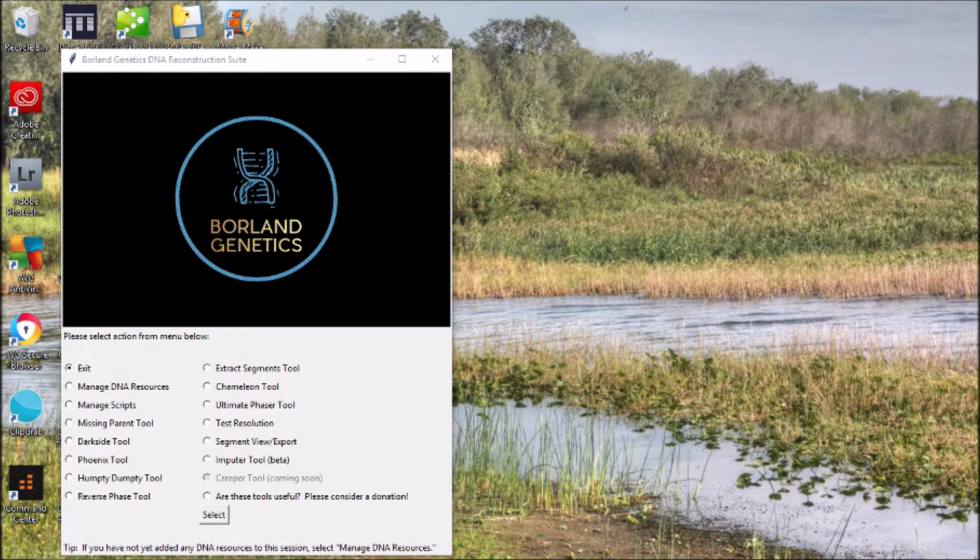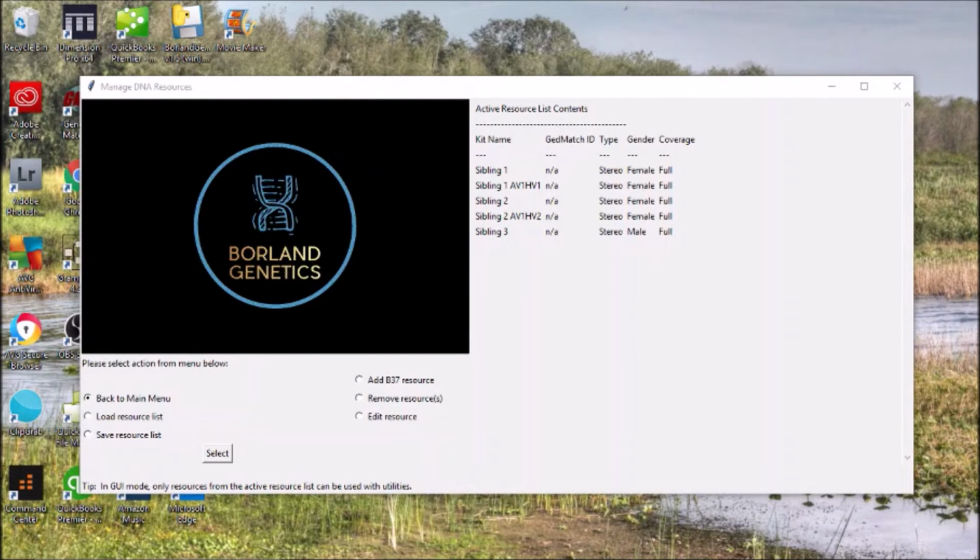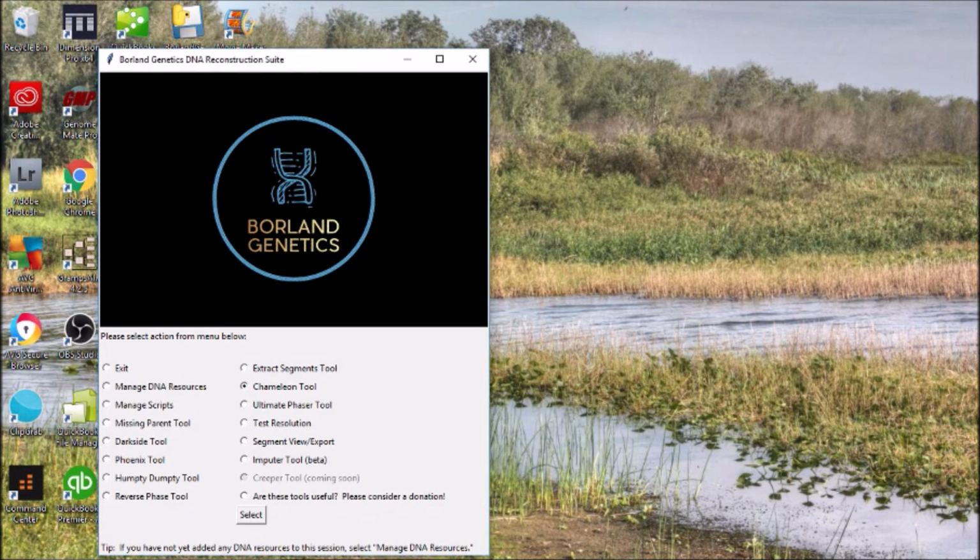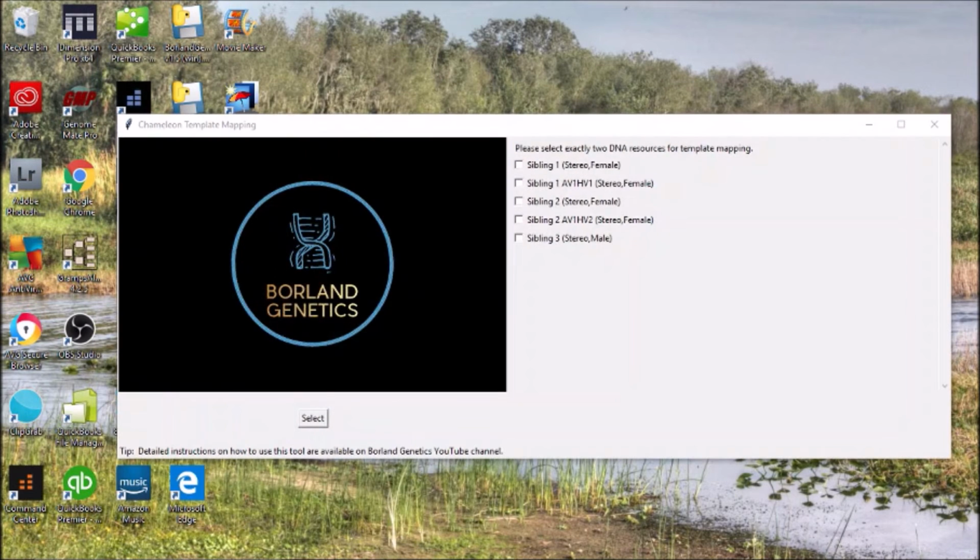Now, let's take a look at our managed DNA resources. And there we go. And notice that sibling 3 is not yet converted. So let's go back to the main menu and let's do the Chameleon Tool one more time. And let's take sibling 3 and one of the kits that are on the correct template. Let's go to sibling 1, AV1, HV1, select,